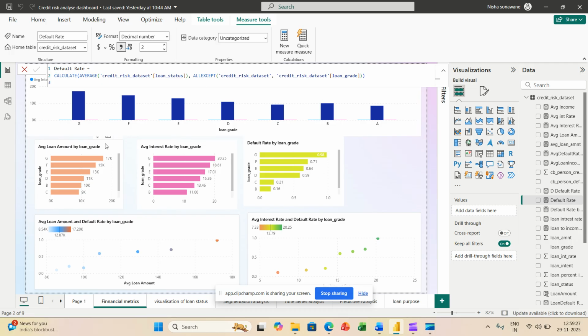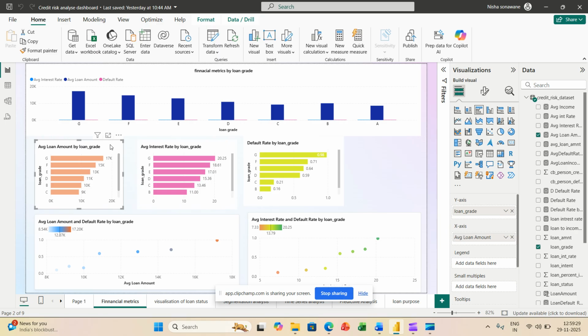So you can see here, average loan amount and default rate by loan grade, average interest rate and default rate by loan grade. In the values I take loan grade, on the x-axis average loan amount, and on the y-axis default rate.